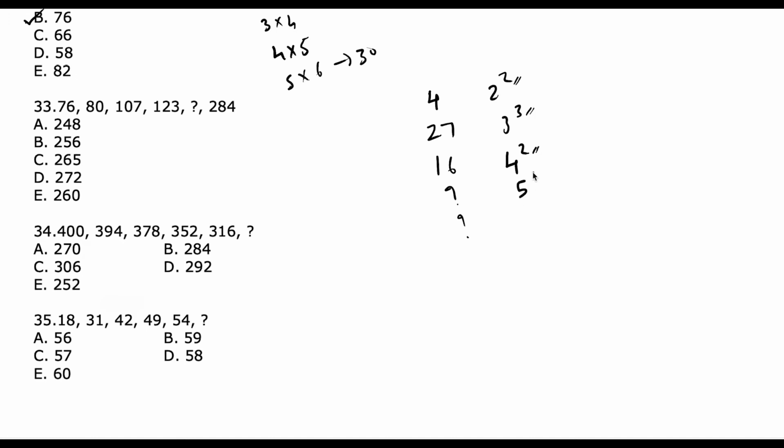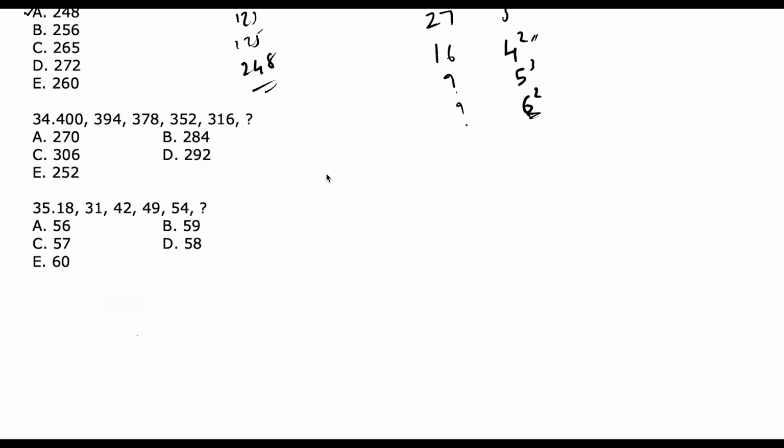So let's put it as 5 cube and the next would be 6 square. Let's look whether this matches or not. So we reached till 123 and now you add 5 cube which is 125. So 123 plus 125 you will get 248. Alright, 248. And if our theory is right, 248 plus 6 square which is 36 should be 284. It is. So the answer here is option A. And one more thing to remember is if you find that it is very hard to find the solution, come back to it after you have completed all other questions.